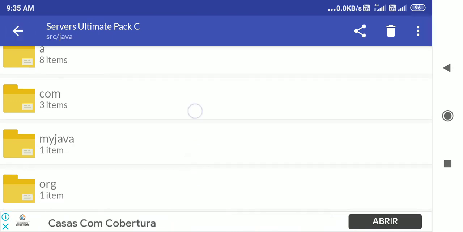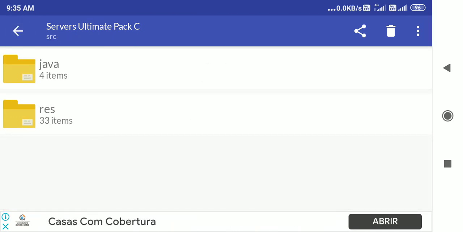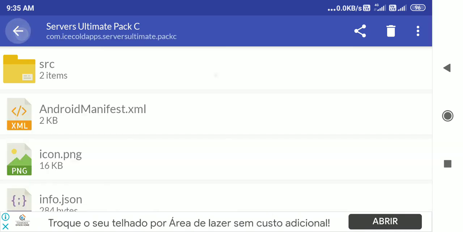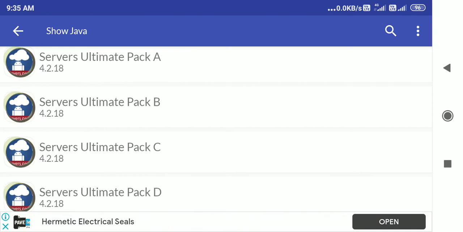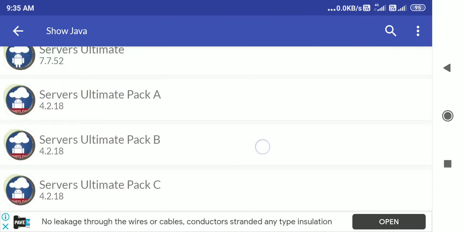Then I gave you an example of a server package, the server's ultimate pack B, and there I got what was inside the package, what protocol was supported by pack B, and how to call the particular calls inside. Once you know all the calls inside, you can make the call and write an application over it.